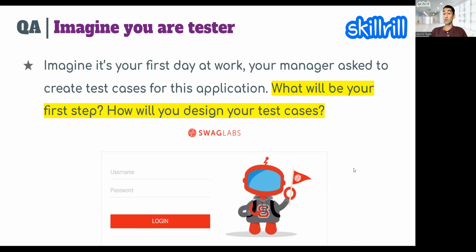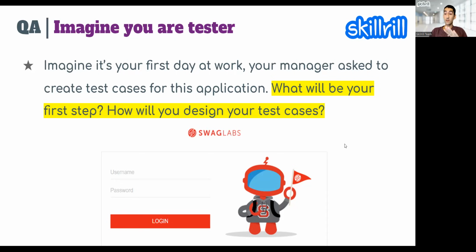This is also similar to some of the interview questions that you might get as well. Usually in the interviews, you're given a certain application, or not an application, but a scenario, like why don't you test a pen? Why don't you test a broken calculator, or broken toaster, or whatever?